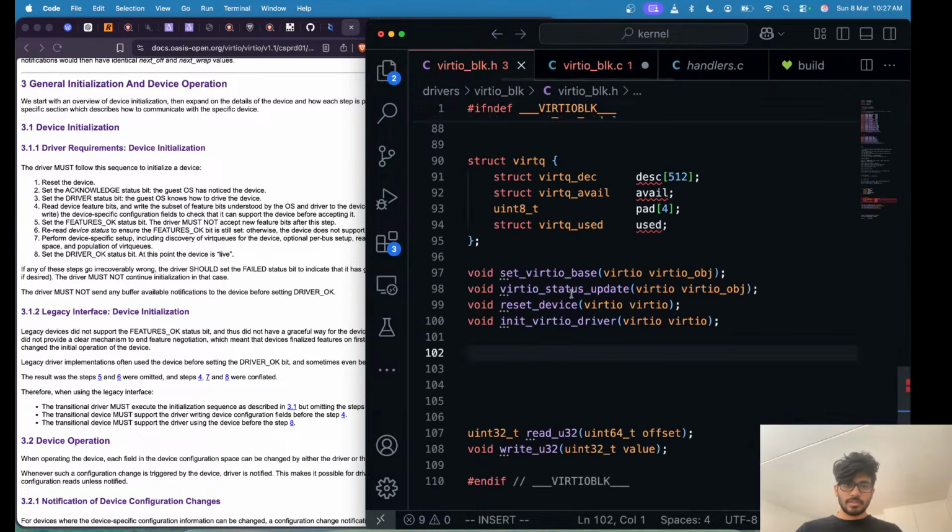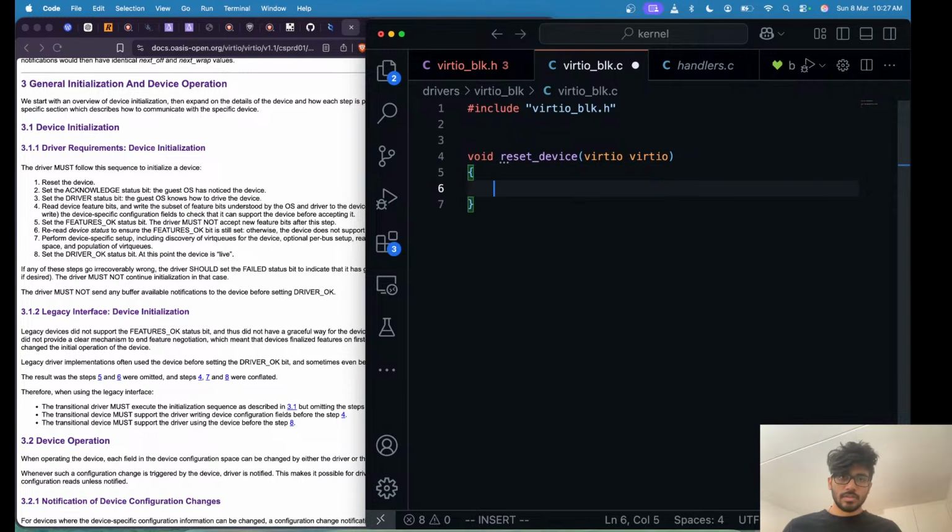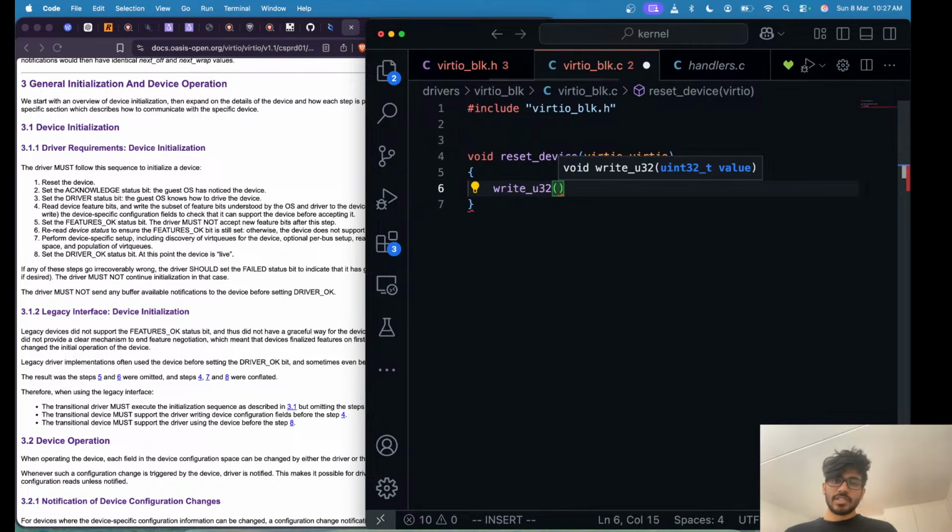It's just resets. Okay, and to reset the device I have to write into the reset offset that is 0, so I just say write u32 to which,